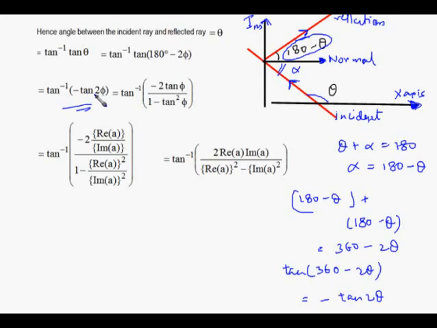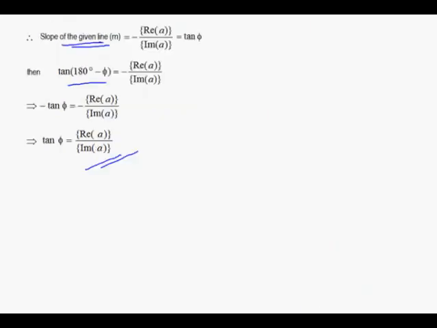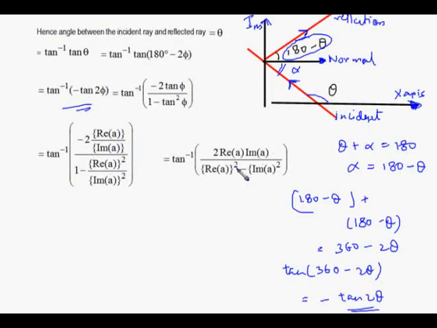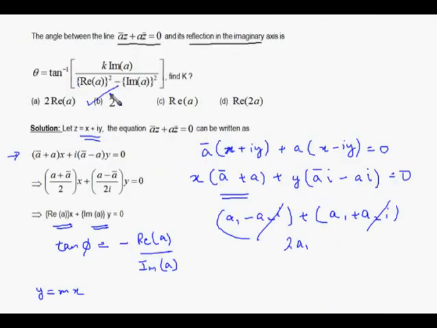The tan inverse of minus tan 2 phi equals tan inverse of, then I open up the tan 2 phi, because I don't have to find tan 2 theta; I have to find the tan inverse of it. I have to find the angle between them. So I open tan 2 phi and I get minus 2 tan phi upon 1 minus tan square phi. Then I just put in the value of tan phi, which I had calculated here, into my expression, and I get the answer as tan inverse of this entire quantity. So as you can see, this is what we wanted, the k, and therefore the correct answer is